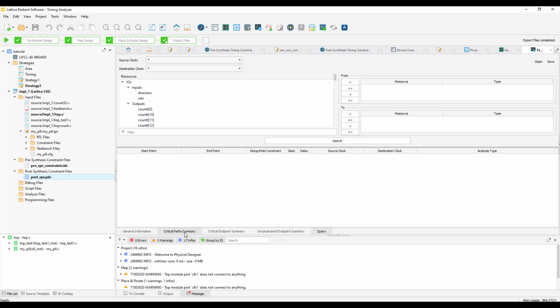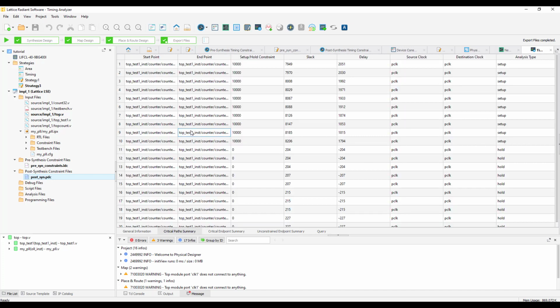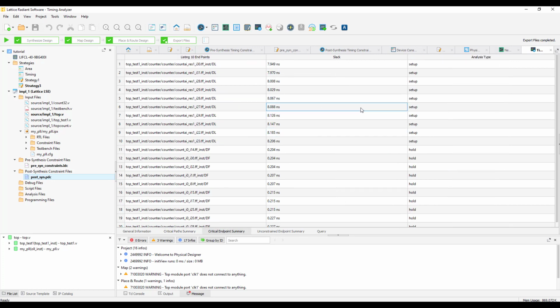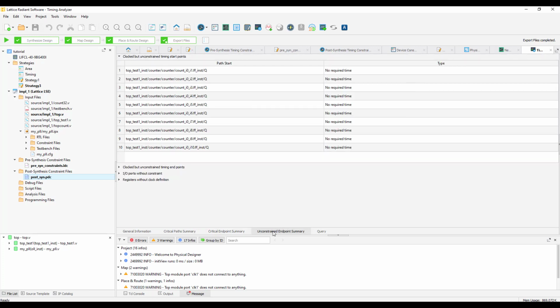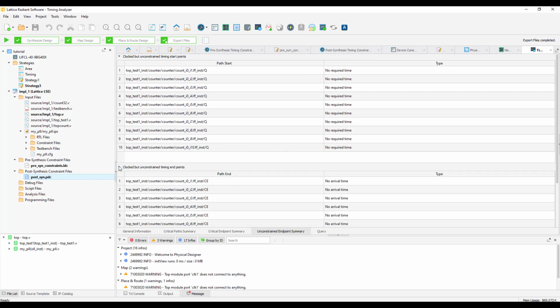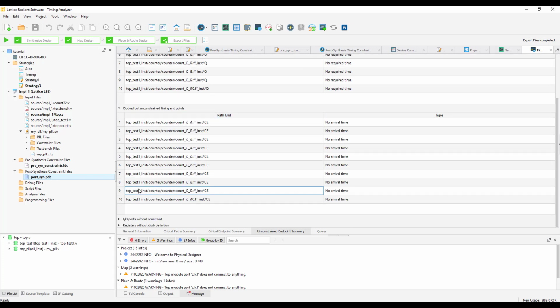You can also go to the critical path summary to see all the critical paths listed in a different way than you see in the reports. You can also go to the critical endpoint summary to see all the critical endpoints, their slack, and their analysis type. If you have any unconstrained paths, that can be found in the unconstrained endpoint summary. You can also expand all of these to see if there are any unconstrained items.